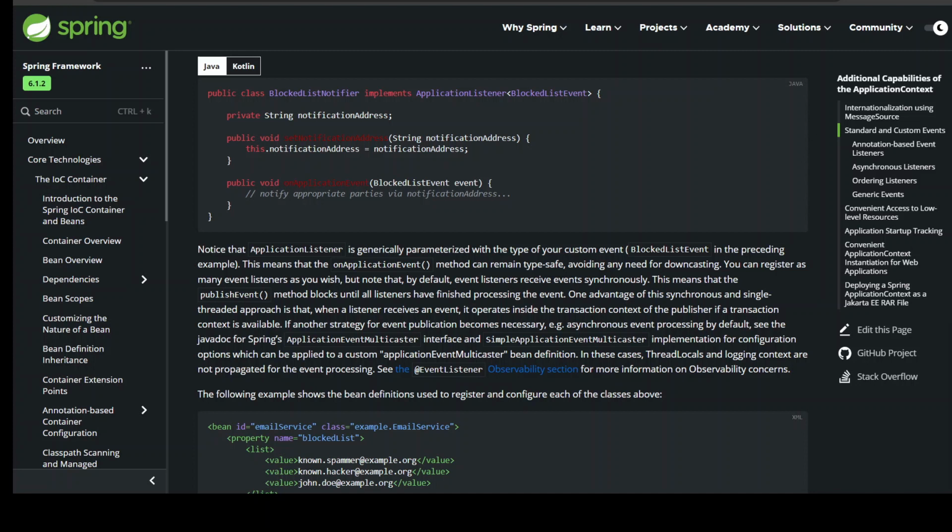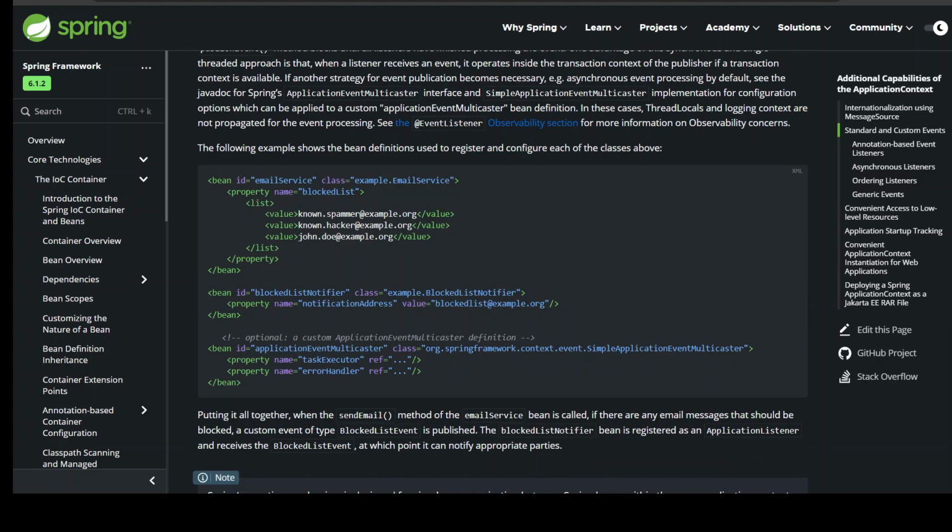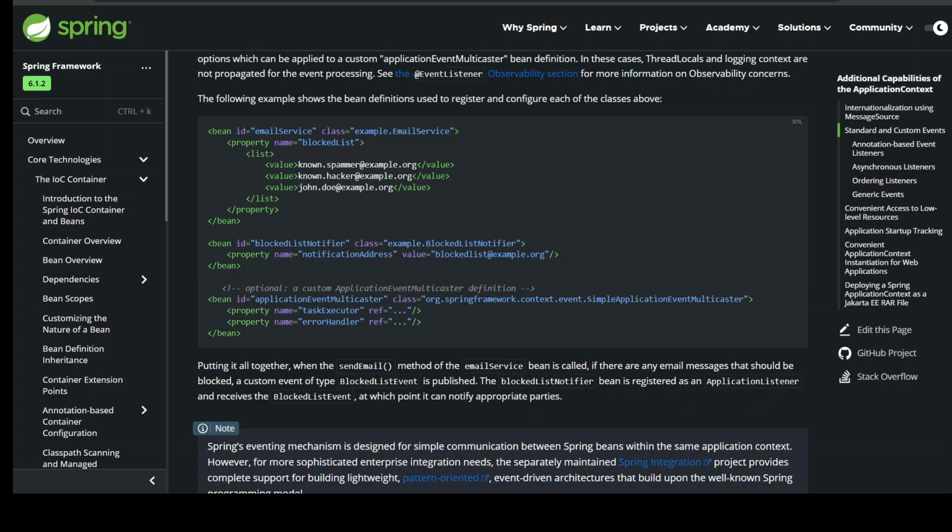The following example shows the bean definitions used to register and configure each of the classes above. <bean id="emailService" class="example.EmailService"> <property name="blockedList"> <list> <value>known.spammer@example.org</value> <value>known.hacker@example.org</value> <value>john.doe@example.org</value> </list> </property> </bean>